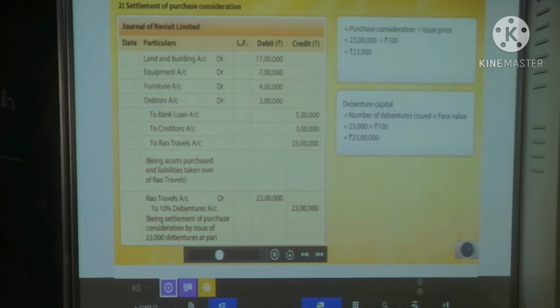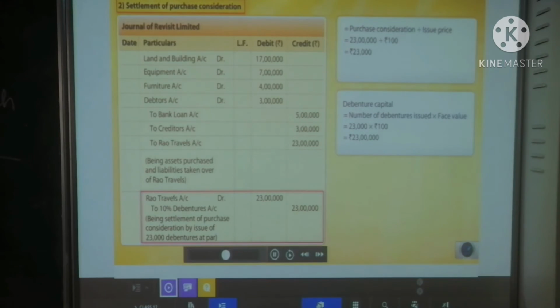Issue of debentures for considerations other than cash is recorded through 2 journal entries. The first entry for purchase will stay the same whether debentures are issued at par, at a discount, or at a premium. The second entry for settlement of purchase consideration changes depending on whether debentures are issued at par, at a discount,